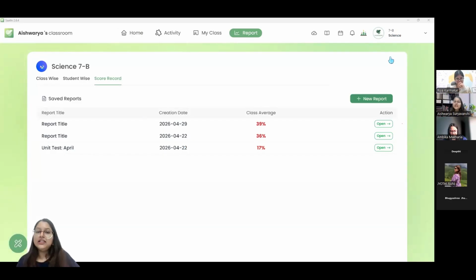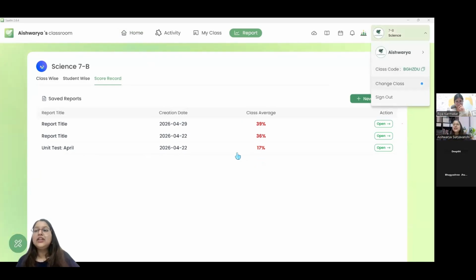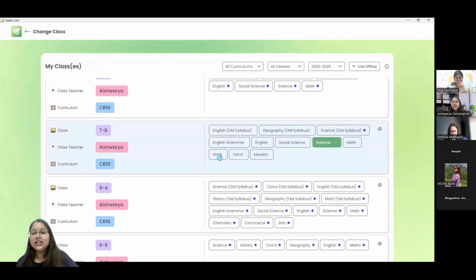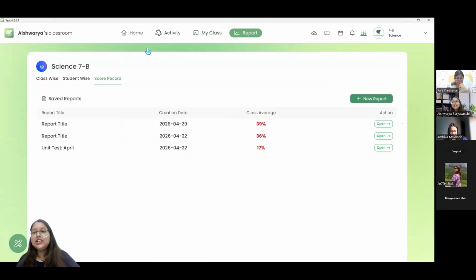So we can create custom subjects, ma'am. Right now you see science over here, but you have an option to customize it also. If I want to create a particular subject, let's say Marathi or Tamil, these are not part of ClassSathi's existing subjects. These are custom subjects which were added. So if you have a similar request, you can just let us know. We'll create a separate folder for that particular subject.